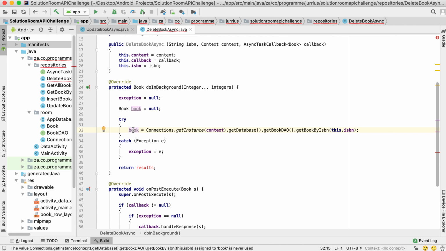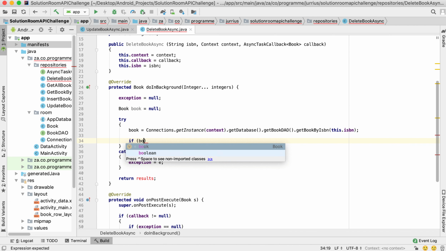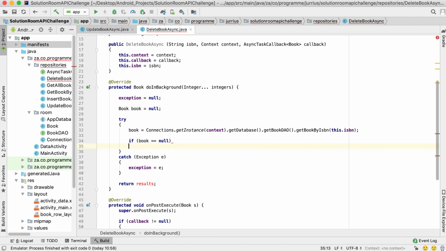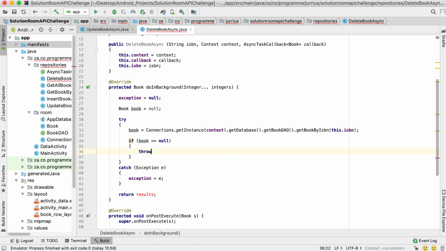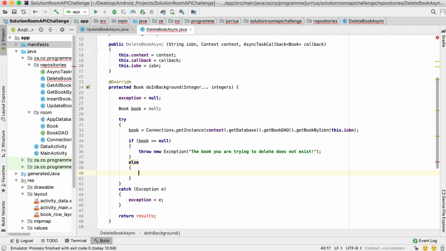Right, and now we know we will get that book if it exists. But if it doesn't exist, that book object will still be null. So let's just do the test there. If book is equal to null, we know the book isn't in the database, so we can't delete it. So we're going to say throw new exception, and the message will be the book you are trying to delete does not exist. Right, and then the else part there will be the book actually exists,